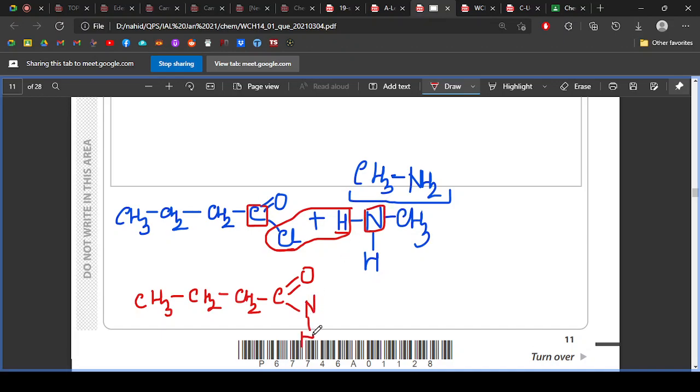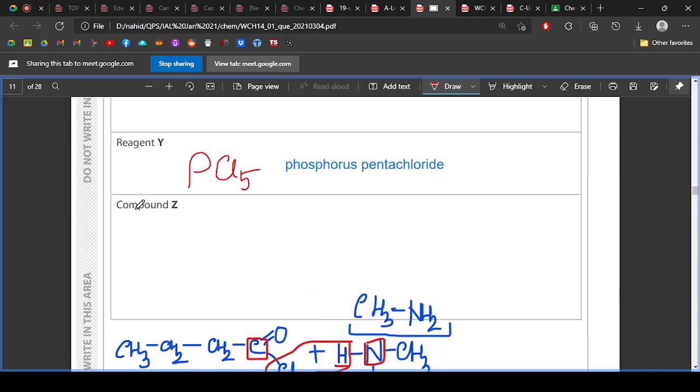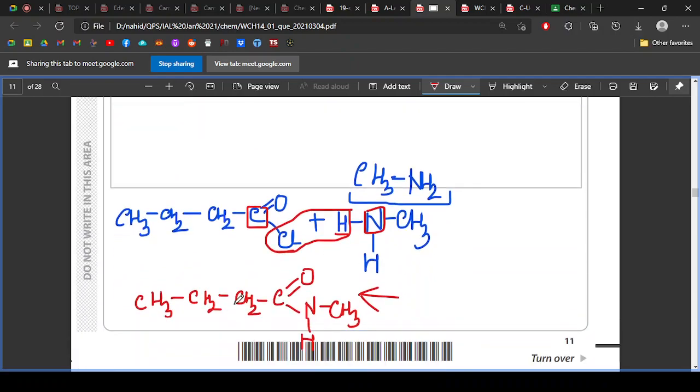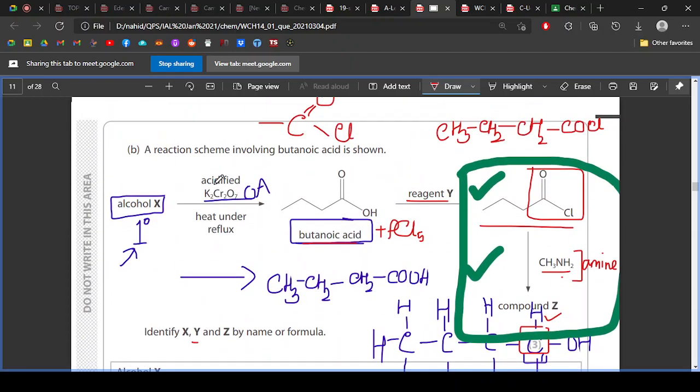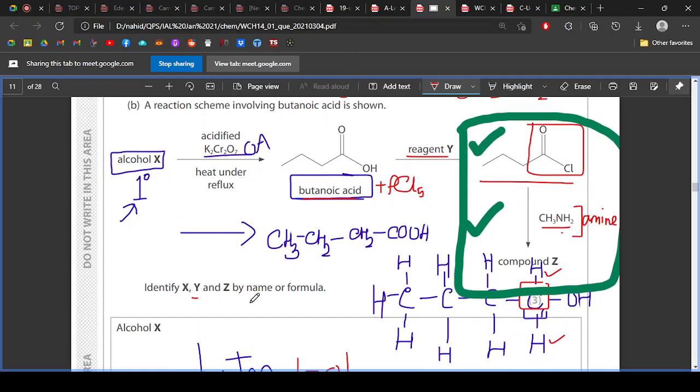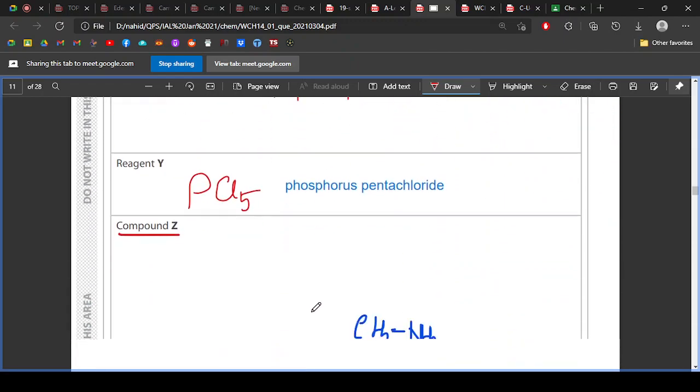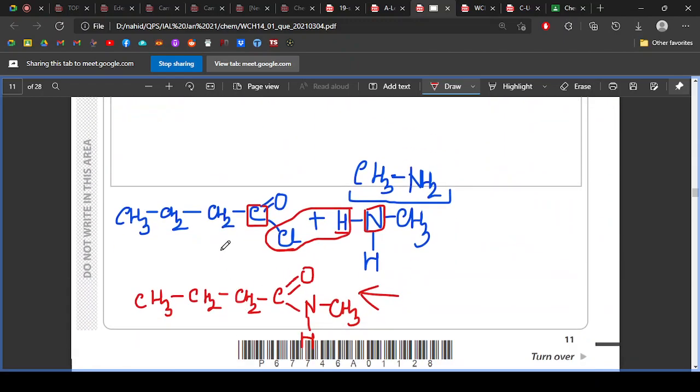Are you getting this or not? Yeah. This is your product, your final product at the end. So in compound Z, you can actually draw this structure. I think they said identify by name or formula. So if you wanted to just do the formula, you can draw the structure, and the name of this will be